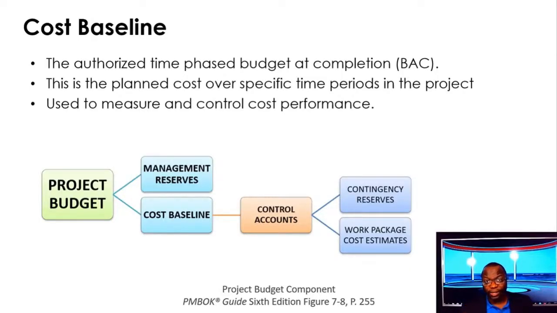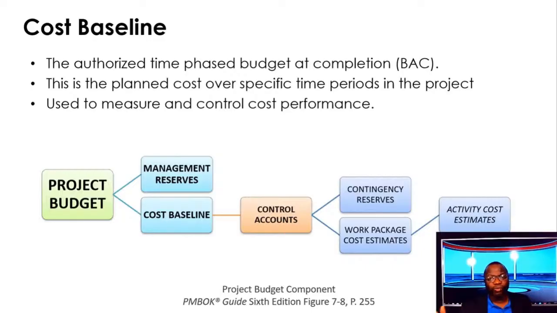So if what I'm speaking about is like Greek to you, then it means you need to go read chapter 5, scope management, and understand the hierarchy, root node, control accounts, other WBS components, but then you've got planning packages, and at the bottom you've got work packages. So work package cost estimates, when you add them all up along with any contingency reserves, you get your control account summation.